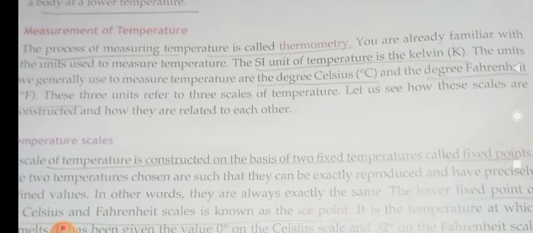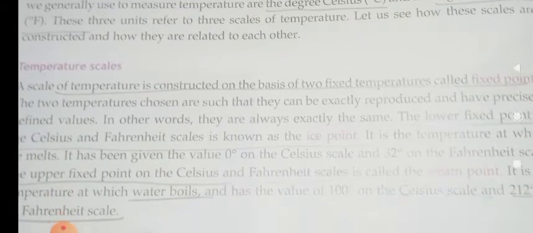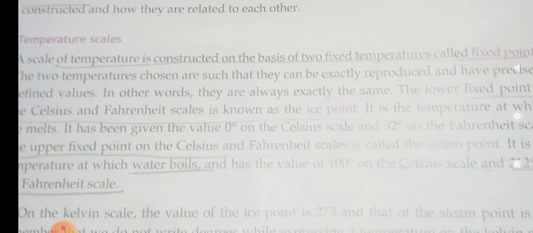So how can we measure this temperature with the help of these scales? To measure it, we have two fixed points, from which level to which level of temperature the scale can measure. For example, if you have a ruler in your box which can measure from 0 centimeter to 15 centimeter, or some longer one, 0 to 30 centimeter, and the one used by masons can measure up to meters, right? Like that, from where to where the scale measures is called the fixed point.